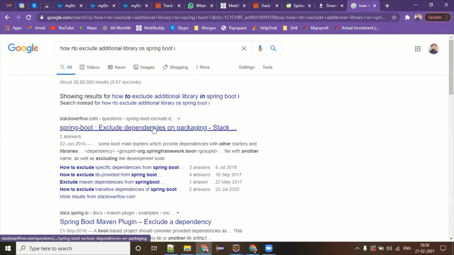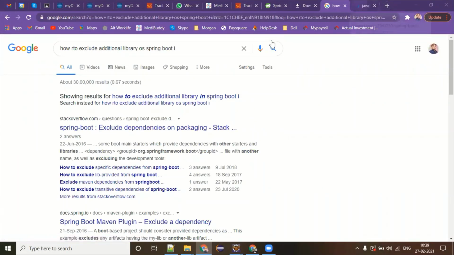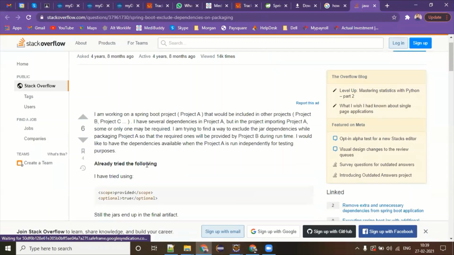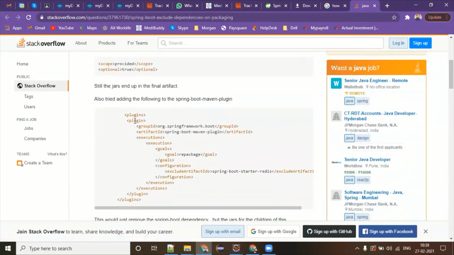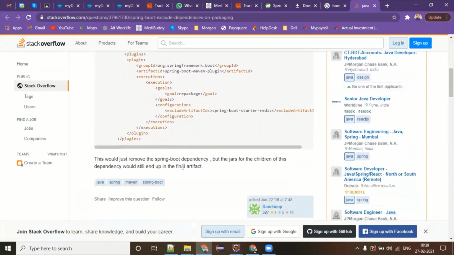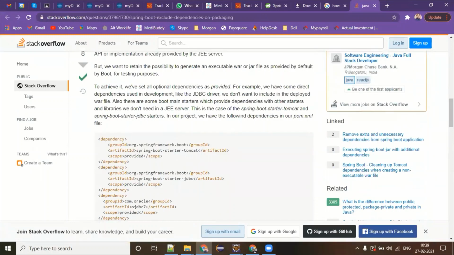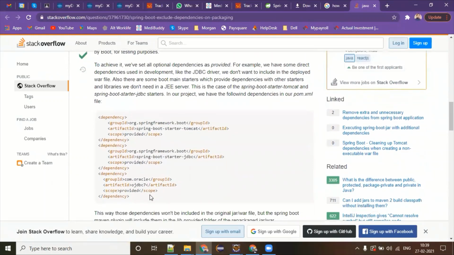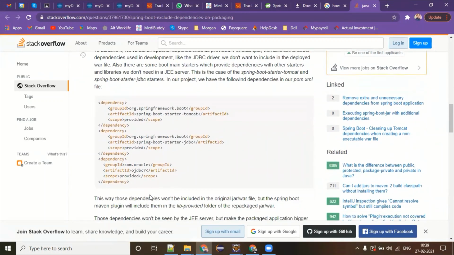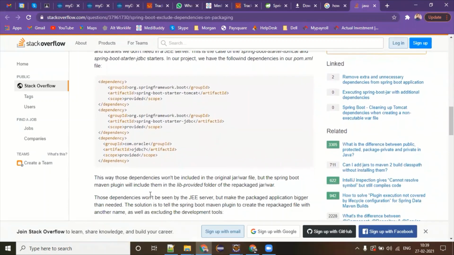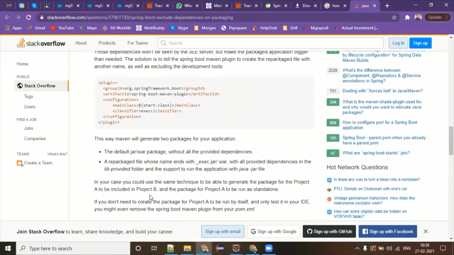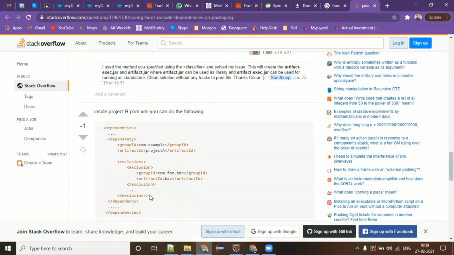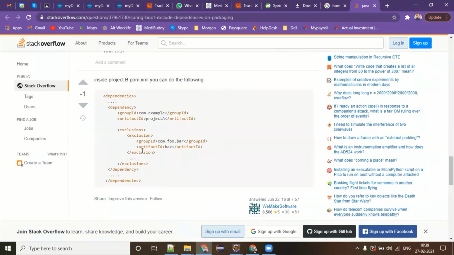So if you go here, there is a syntax you have to find. Can you see that? Under that, there is an exclusion also, for the things you don't want. In fact, in the dependencies level also, there is an option of excluding. In Gradle, it is very straightforward, but here you must have some set of configuration. So just figure out how we can exclude.